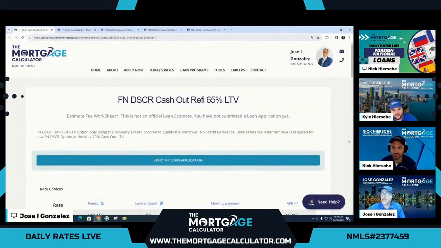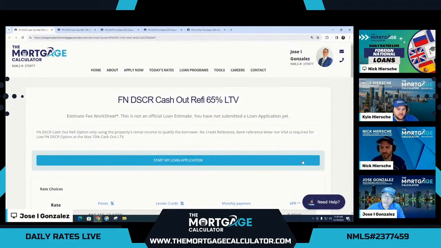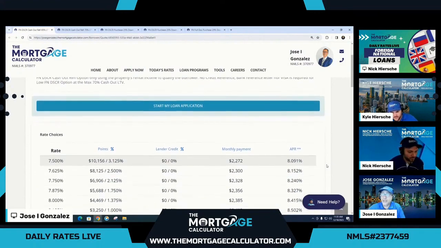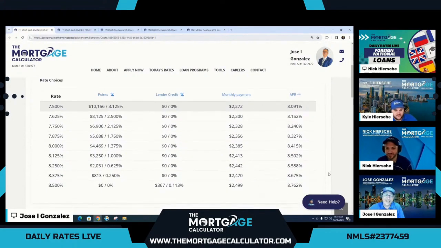And then last but not least, our maximum LTV with a low rate is 65%. So this is where pretty much the rest of the market, other than that 70% option that we have, this is where the rest of the market is. And you can tell by the rates, because now we drop it to 65%. And we have, geez, we even have a lender credit. Look at that. 8.5% with a lender credit. And you can buy that down all the way to